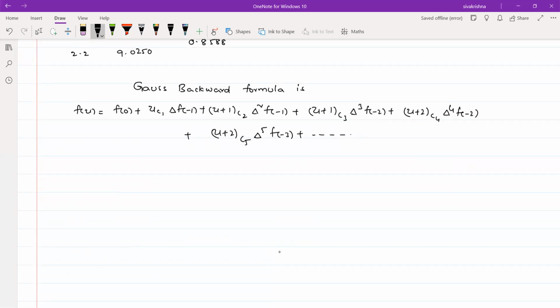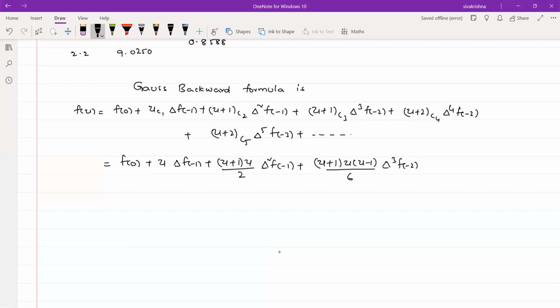Since we have up to the fifth difference, we have to write the formula up to the fifth difference. Once again we have to simplify the formula. f of 0 plus uc1 is u into delta f of minus 1. u plus 1 c2 can be written as u plus 1 into u by 2 factorial, means 2, into delta square f of minus 1, and u plus 1 c3 can be written as u plus 1 into u minus 1 by 3 factorial, means 6, into delta cube f of minus 2 plus